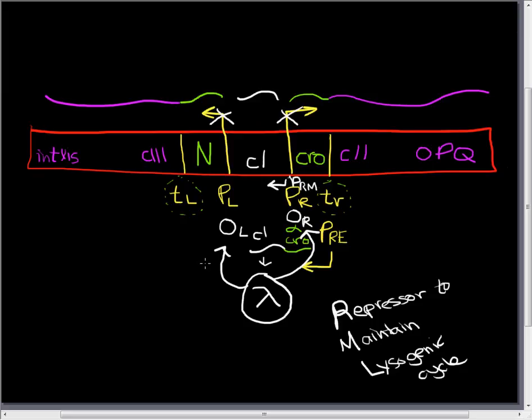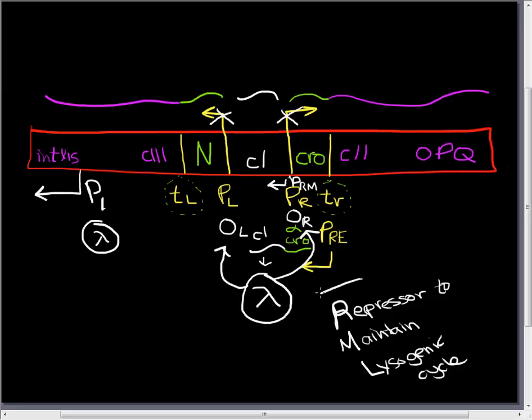But what else do we need for the lysogenic cycle? We need to be able to integrate and excise our prophage. And so there's another promoter over here called the P1 promoter. And this P1 promoter is also bound by lambda. And this will drive the expression of the int and exis genes, which are required for the maintenance of the